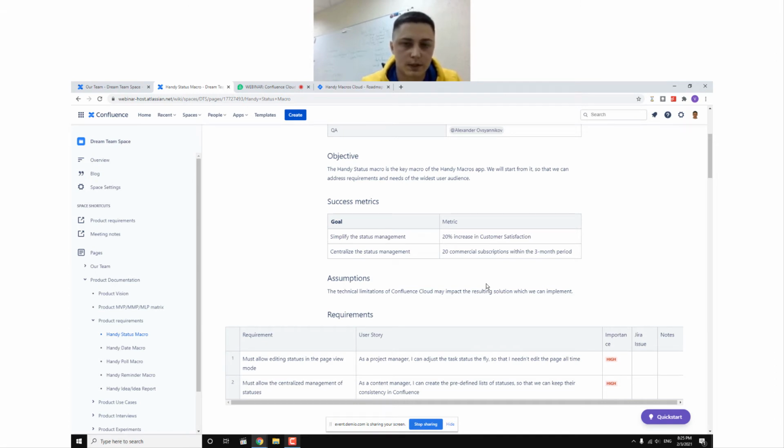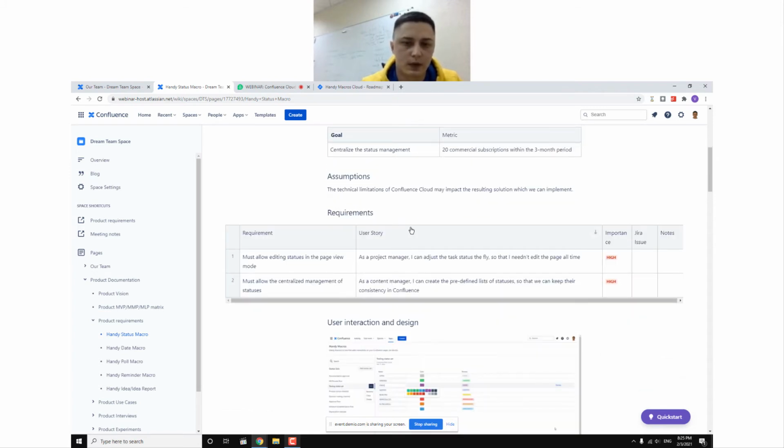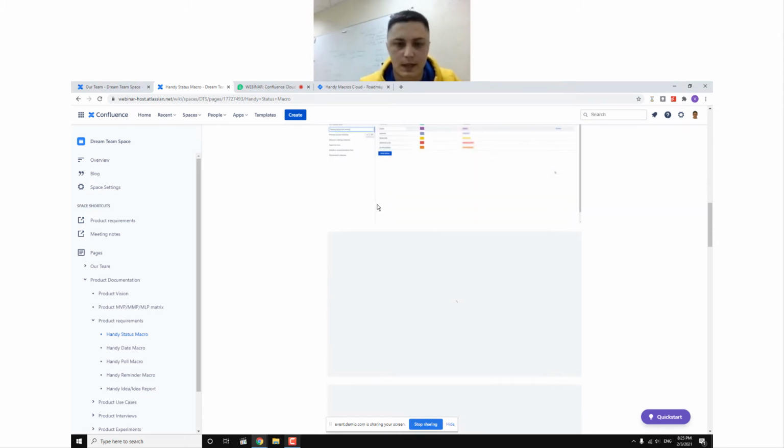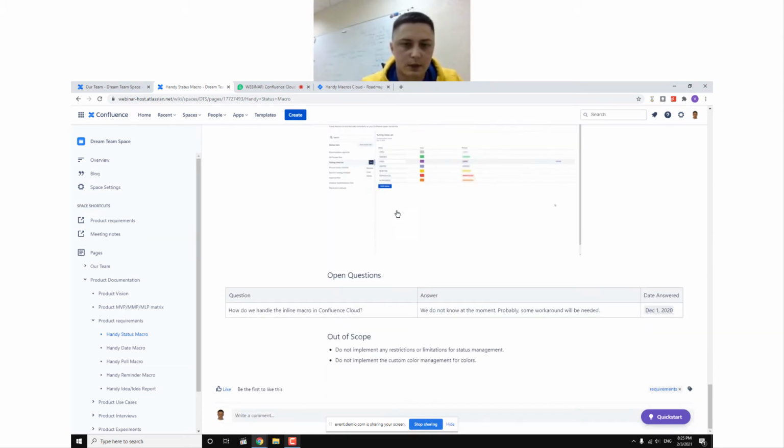These metrics we will use to understand whether what we have done was successful or not, whether we need to adjust something, whether we meet our KPIs. And of course, here you can also track some assumptions about implementing this functionality. And of course, we have requirements and some information of mockups or prototypes, whatever you keep there. And at the end, we have some open questions which are left after the discussion of this or that piece of functionality, and we also list some information regarding the requirements or things which are out of scope within this